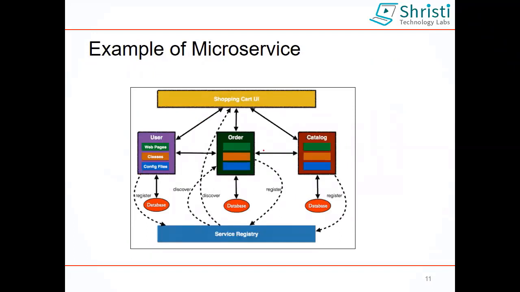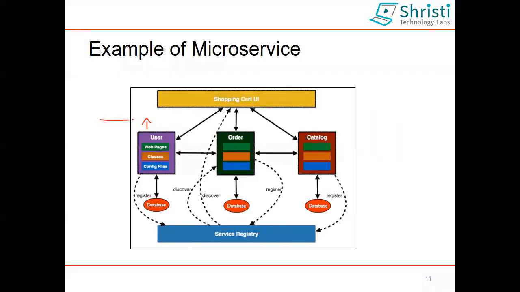This is the same application that I was telling you about. Here you can see each one is a service. How do the services talk to each other? How will I know what is happening? For that, you create a service. The service can be developed and deployed in any language. The service can have its own database, but if the services want to talk to each other, they have to register themselves to a service registry. We have different service registries available which are open source, but usually in different corporates, they don't go for an open source service registry. They develop their own proprietary service registries.